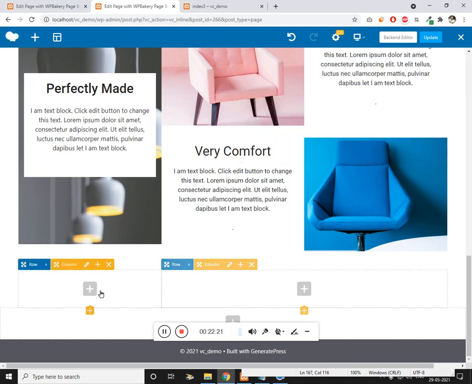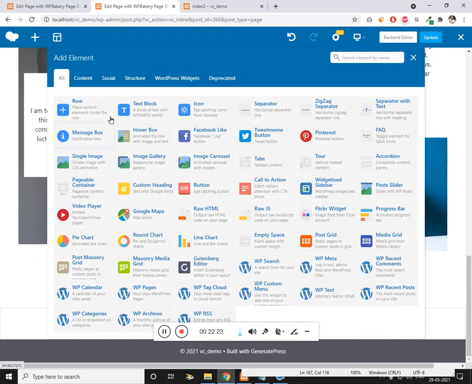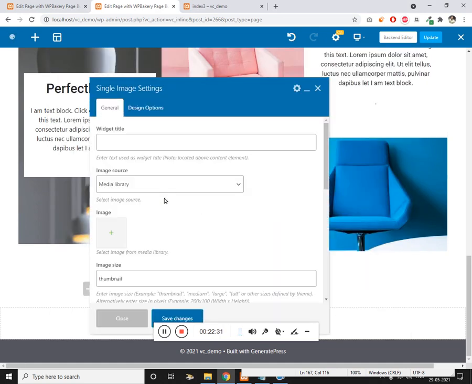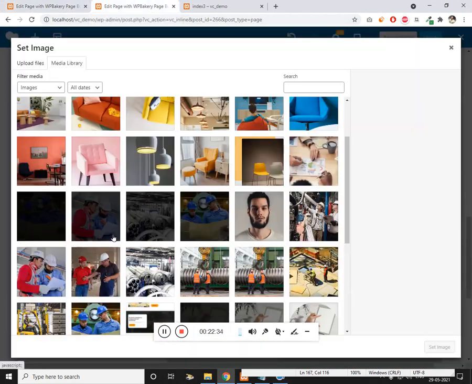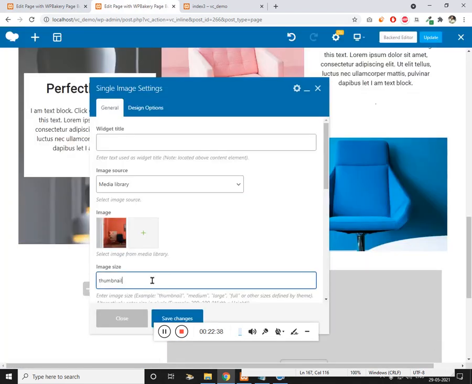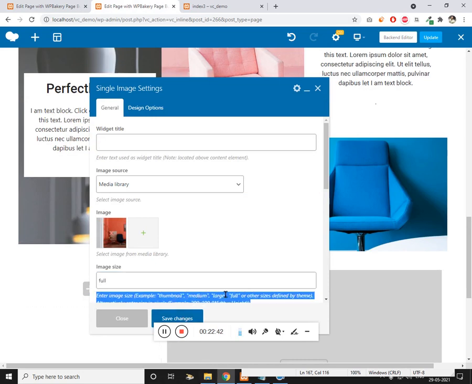Now let's add the image. And the image is going to be this one. Set it to full width. In case you are wondering what the options are: thumbnail, medium, large, full.